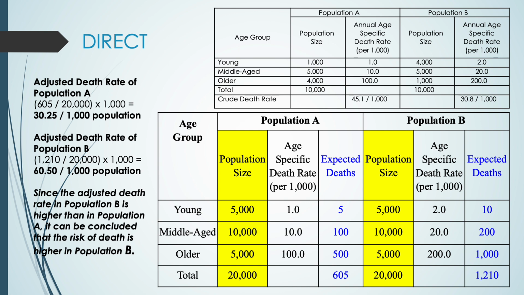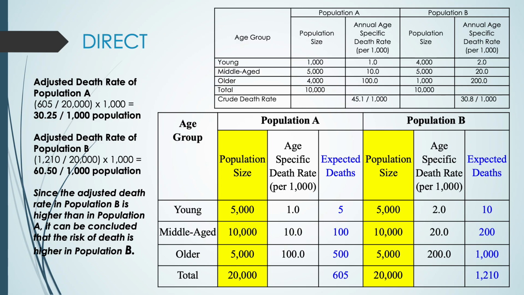So for the expected deaths in blue fonts, we get this by multiplying the standardized population in the highlighted part to the age-specific death rate, which is given, and divide it by 1,000 since age-specific death rate is per 1,000. So for the young in population A, we have 5,000 times 1 as the age-specific death rate in the young, which is equal to 5,000. And we divide this by 1,000, and it would be equal to 5 expected